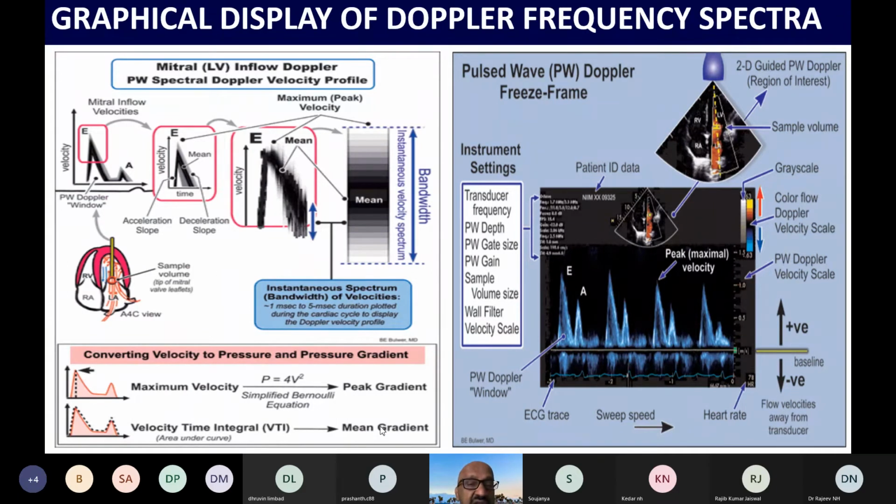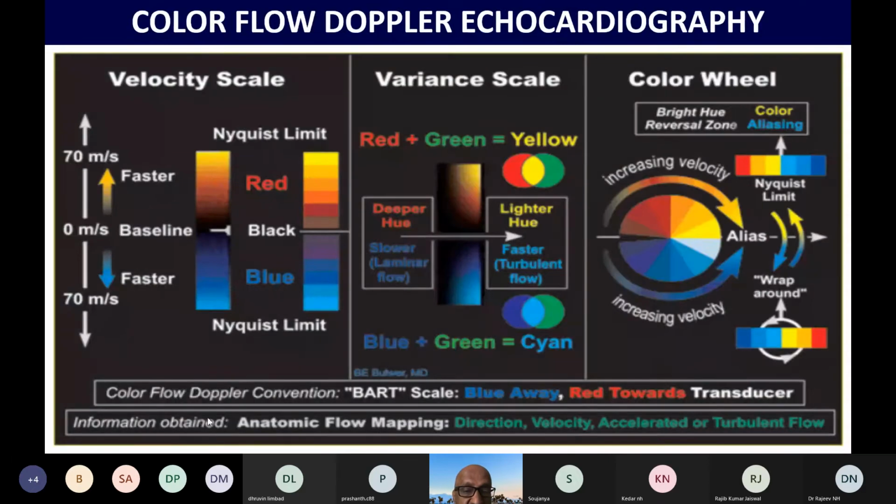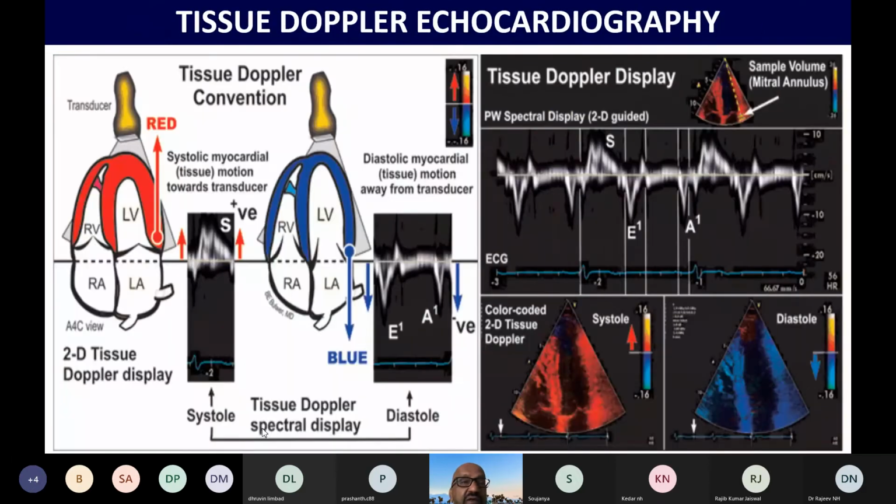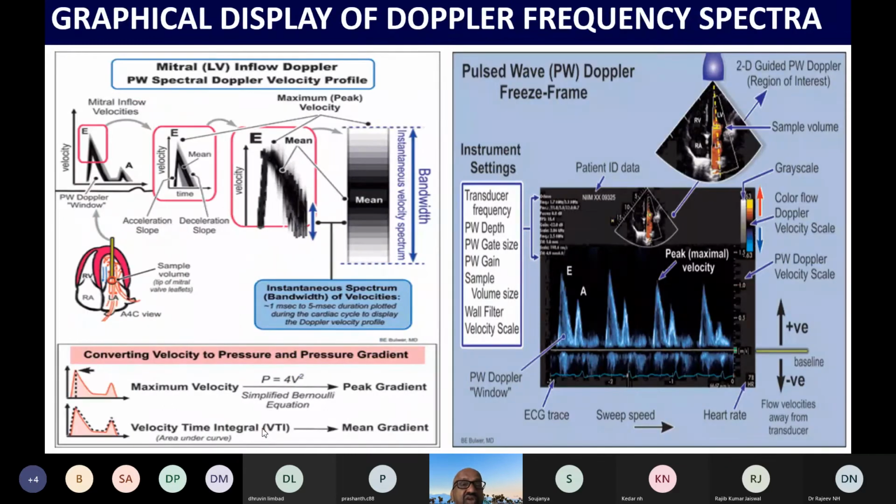This is again a depiction of the Doppler frequency in the mitral inflow Doppler velocity profile. I think we already discussed this. Velocity to pressure gradient conversion is done by using the simplified Bernoulli equation when you are looking at gradients across the stenotic